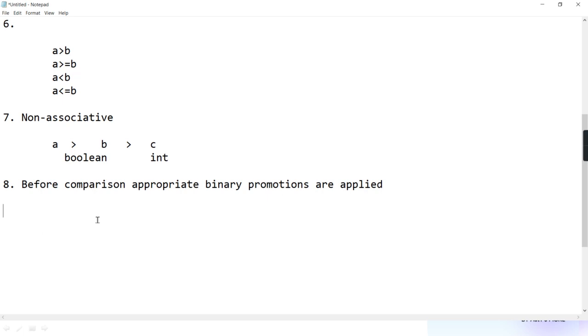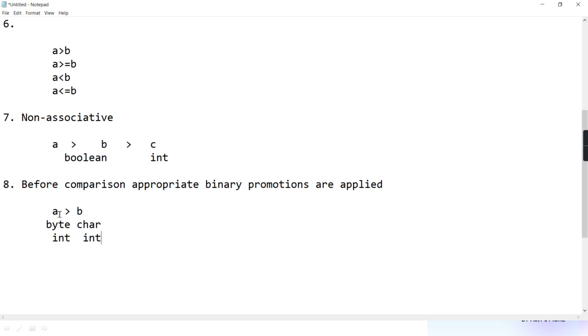Binary promotions means both the operands are brought to the nearest data type. See here guys, if A and B you are comparing, and if A is byte and B is character, tell me, will it directly do comparison between byte and character, or will it promote them to the nearest data type, that is integer? So it is going to promote both of them to integer and then do the comparison.